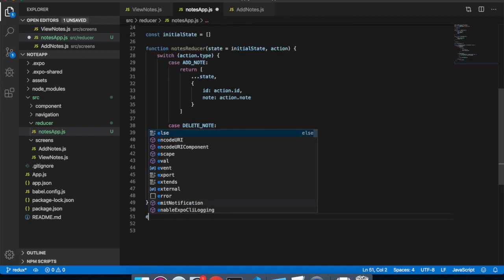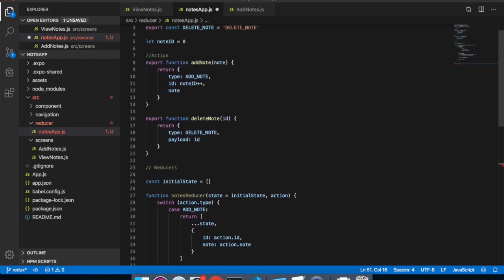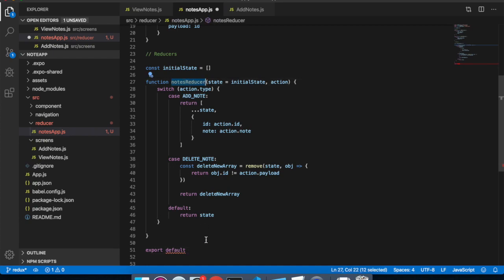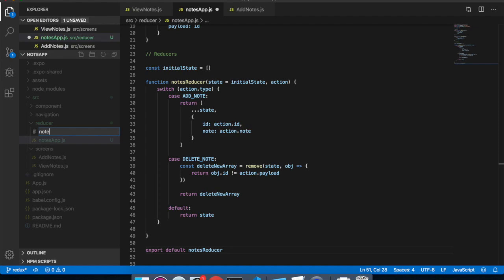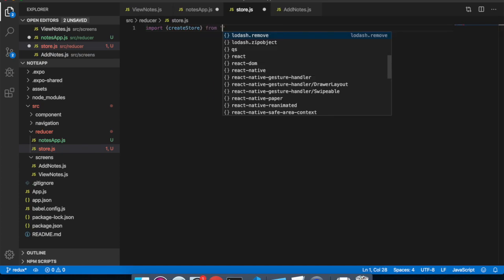and then we have export default, what's the name, notes reducer, export default notes reducer. Now we have to add a new file with the name of store, so create a new file and here name it store.js. Then we will have create store from Redux,